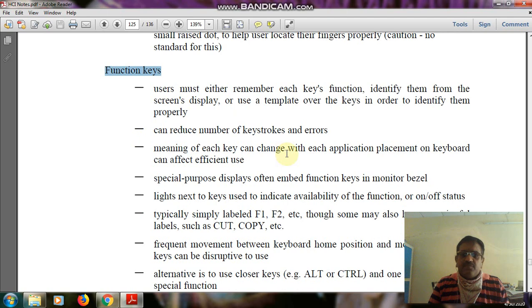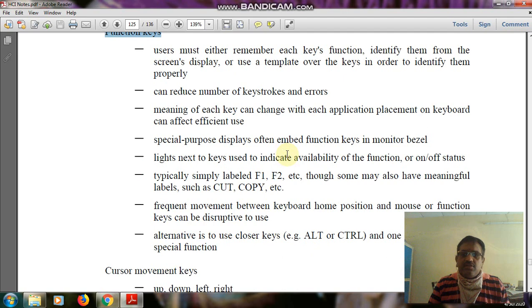These belong to the properties of keys, and the keyboard always contains functional keys. By using the functional keys you can reduce mouse operation. If you use the functional keys, you can use various shortcuts also. Suppose you want to close the application, you use Alt plus F4. That is the shortcut key to close the window or application. Or if you want to save the file, press F2 in C language. That is enough to save the file.